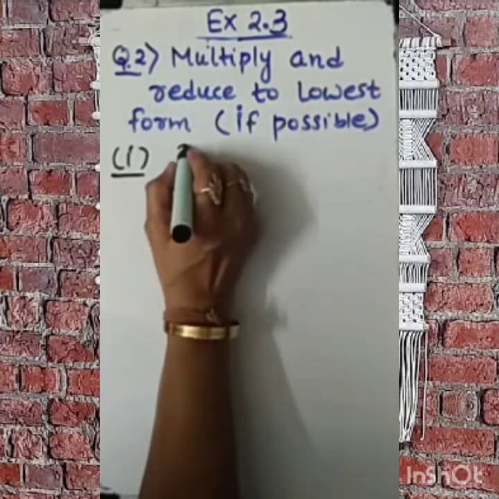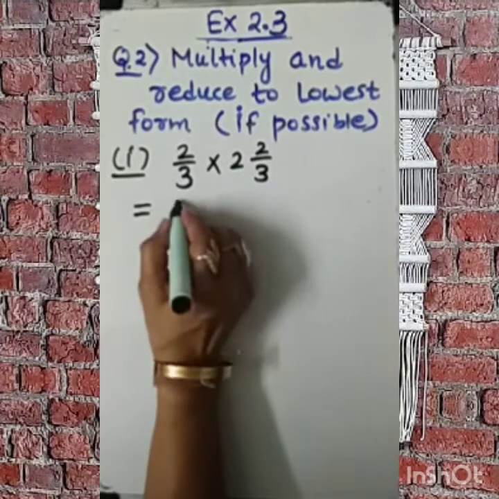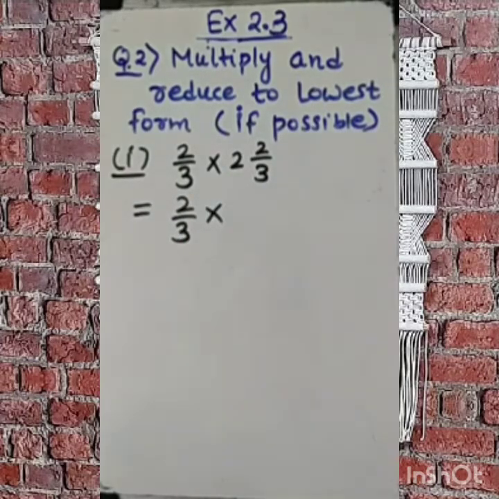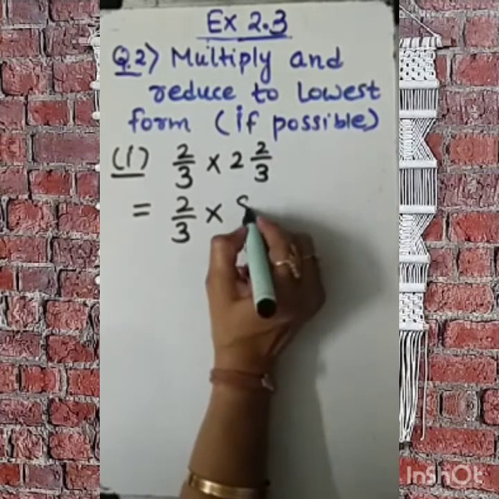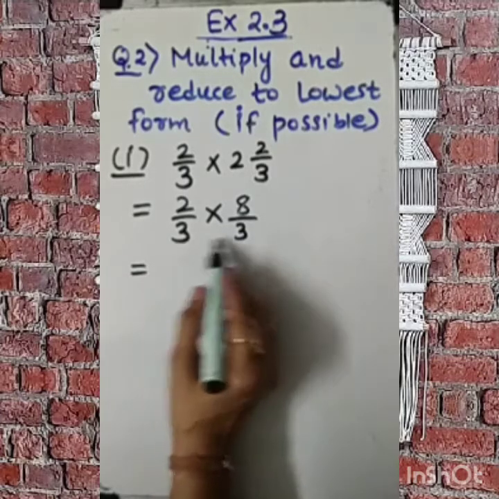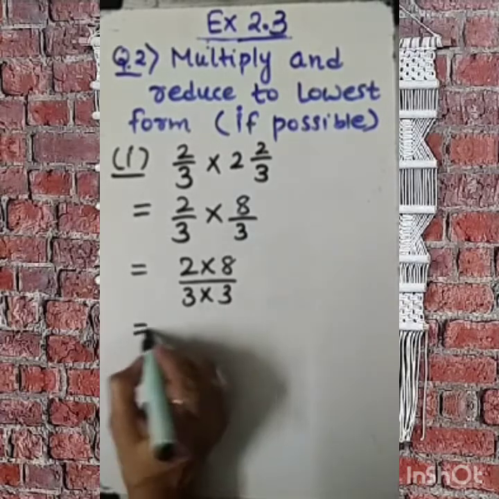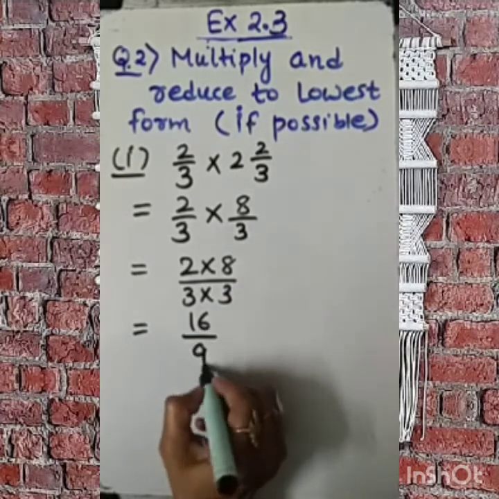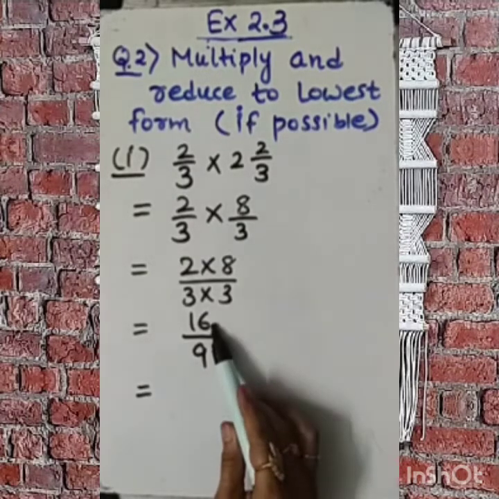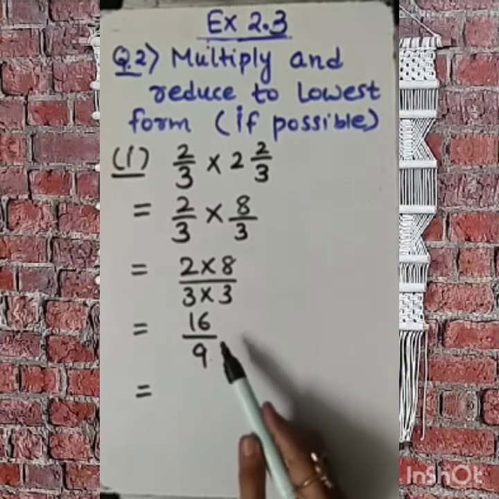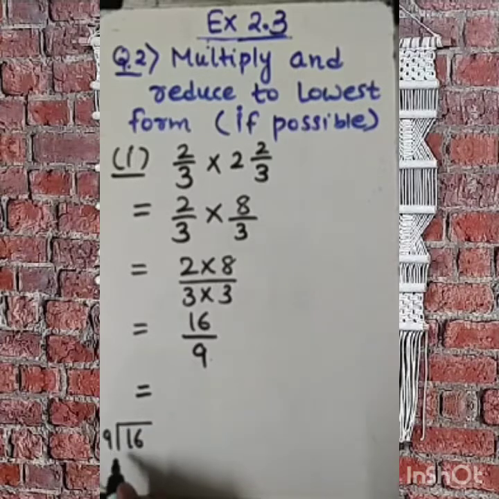Let's try to understand. 2 by 3 into 2 by 3. So how to solve? 2 by 3 is already there. First I am going to convert this into a fraction. 2 3 are 6 plus 2, 8 by 3. But I can see here in the denominator 3 and numerator 2 into 8, nothing is common. Okay, so 8 2 are 16, 3 3 are 9. 16 by 9 is an improper fraction because the numerator is bigger than the denominator. So I need to divide 16 by 9 in a rough column. If you are able to do it directly, then also good.